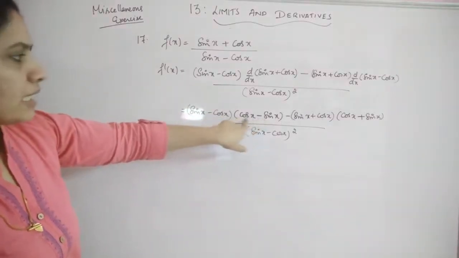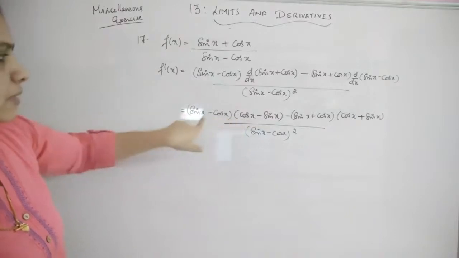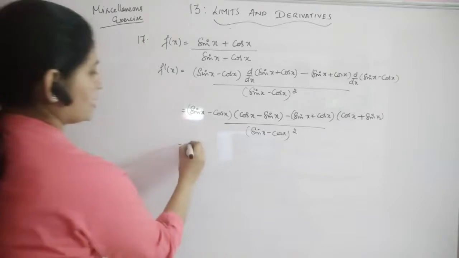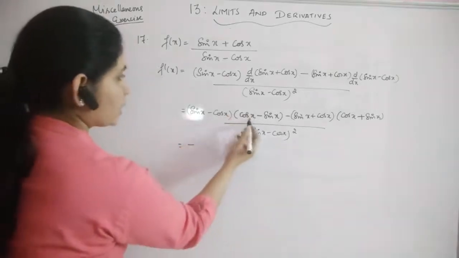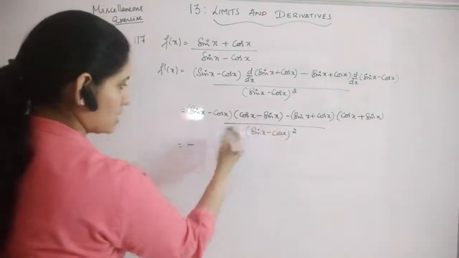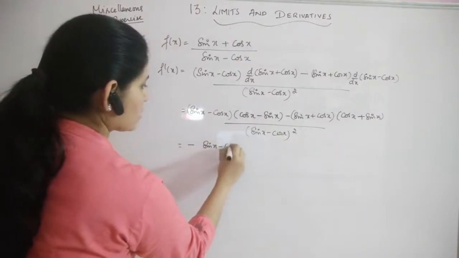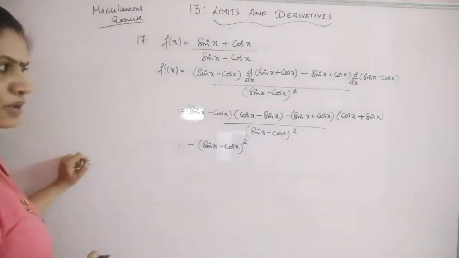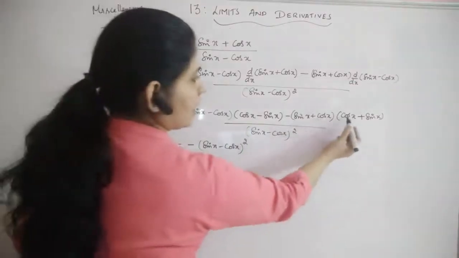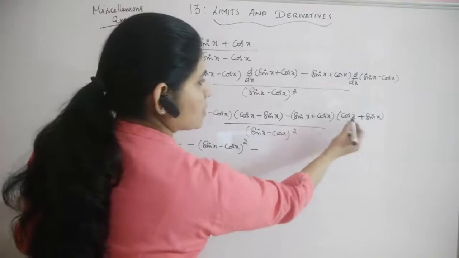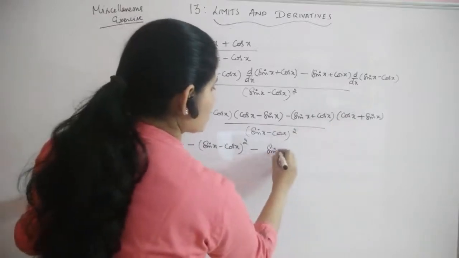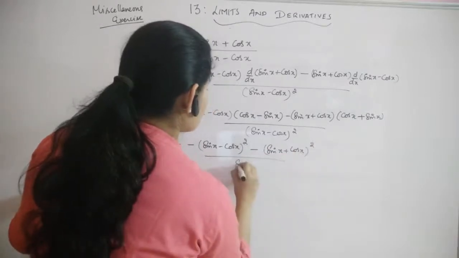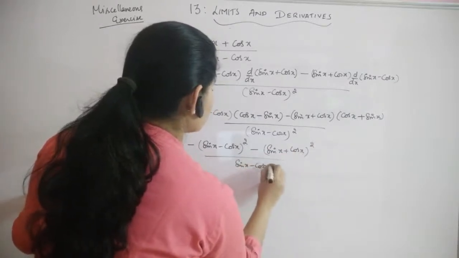Now if I take a negative sign here, this will become sin x minus cos x the whole square, right? Negative taken out from one term so that this will also become sin x minus cos x. So this is sin x minus cos x into sin x minus cos x. So it is sin x minus cos x the whole square. And here you have sin x plus cos x for both the terms. So this is sin x plus cos x the whole square divided by sin x minus cos x the whole